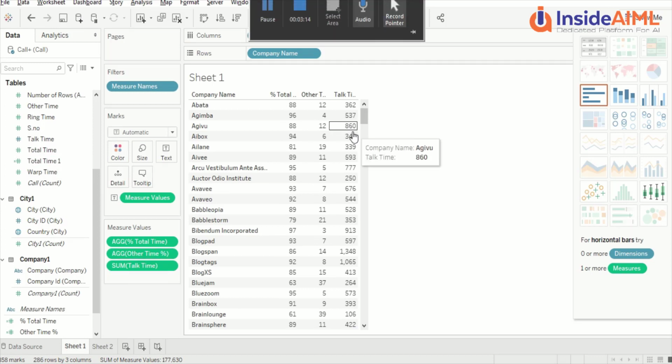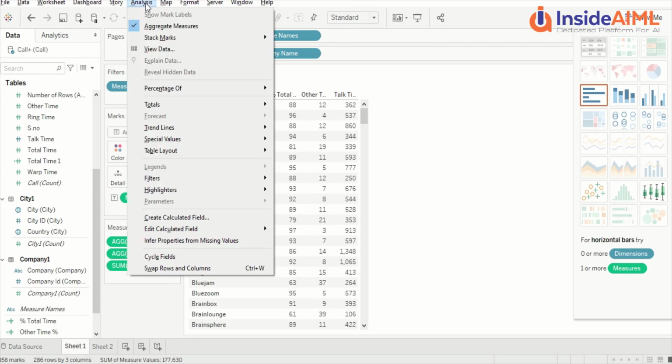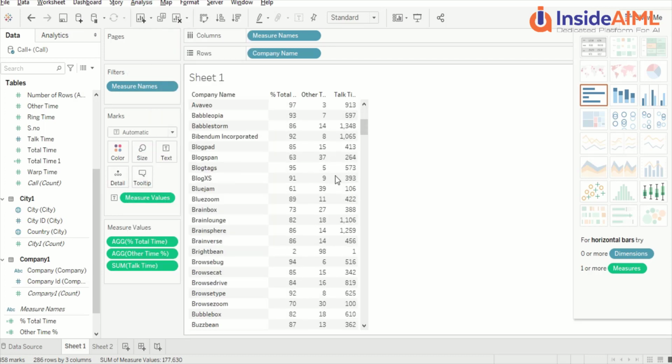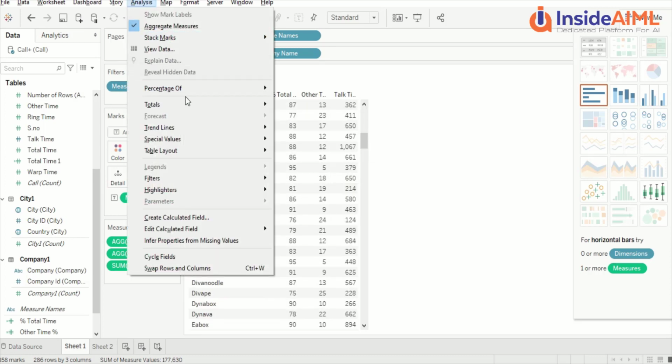Now if I want totals also in the table visual, I can go to the analysis menu and add row grand totals. Okay, let me add row grand totals. I think we need to add column grand totals.